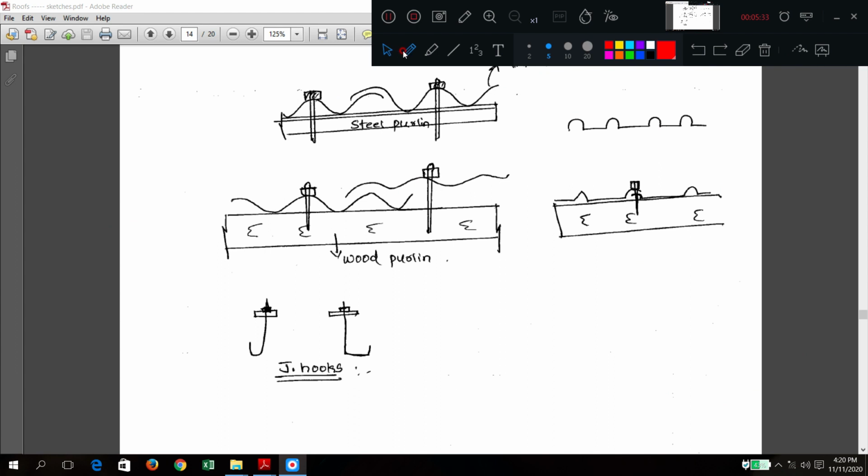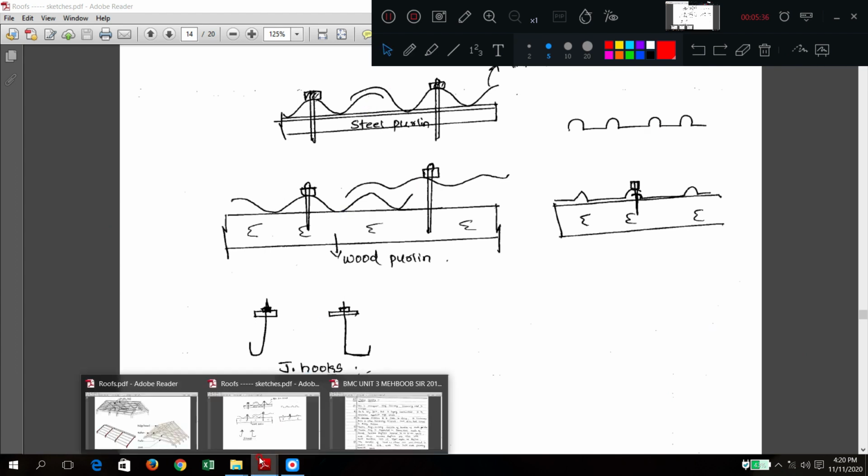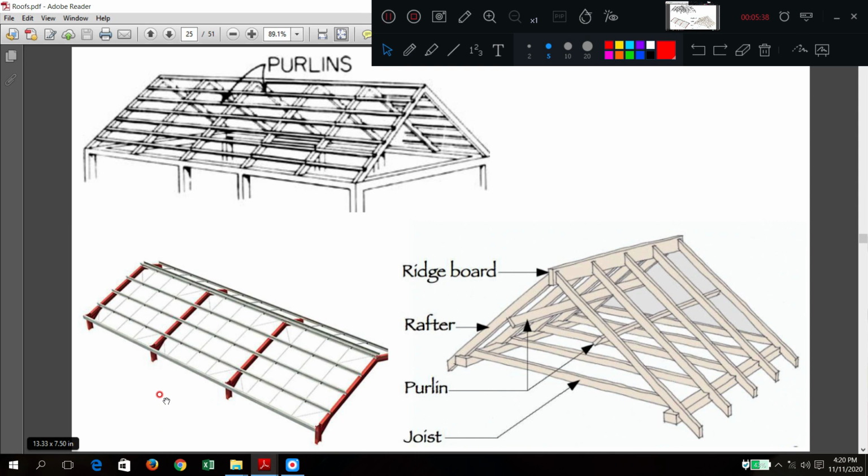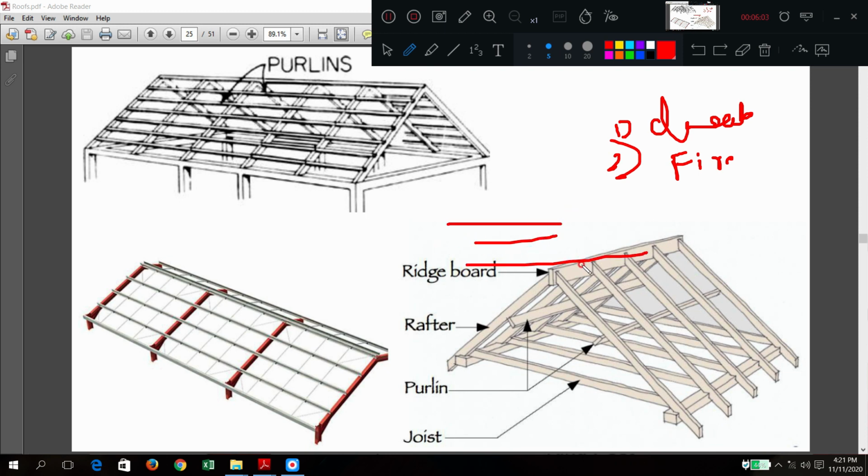Apart from that, compared to AC sheets, these are more durable and more fireproof. Only for the sake of points, these have been given. These are very common points. For AC sheets and GI sheets, advantages and disadvantages, you can write durable, fire resistant, termite resistant, sound insulation. It will protect from outside temperature, heat, wind, and atmospheric conditions.